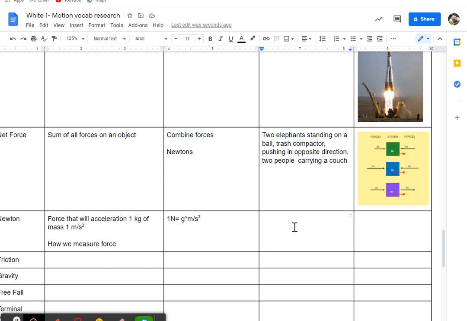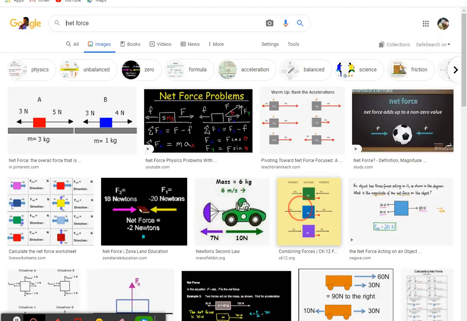What did you guys get for any examples? Did anybody write an example for this one? All right, so that you guys can kind of visualize what 1 Newton would feel like. Holding a small apple or a lemon. That's what 1 Newton feels like. So you can kind of relate, like if you get a force of anything more or less, you kind of understand how much it is. Yep, Gianna? Go ahead. All right, so again, I'm just going to put a picture of